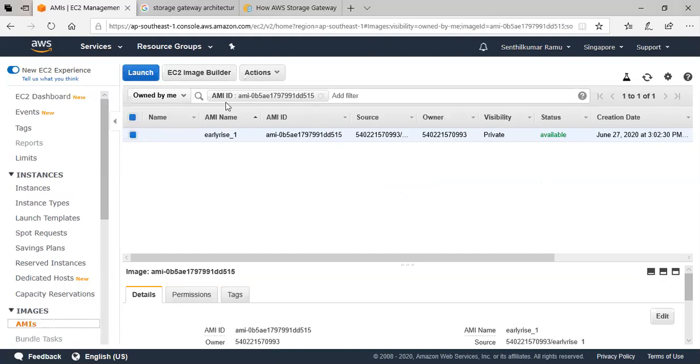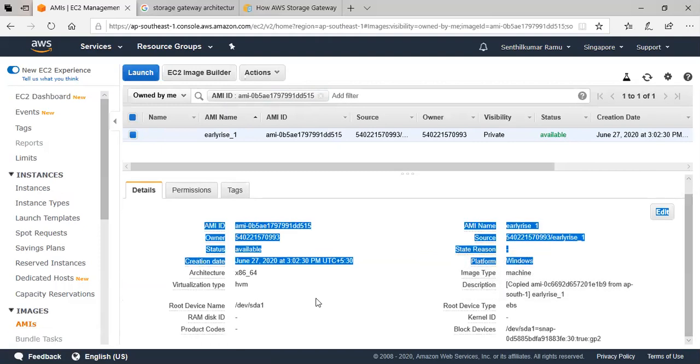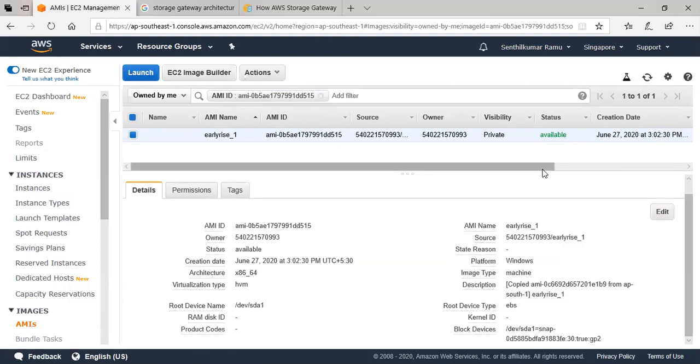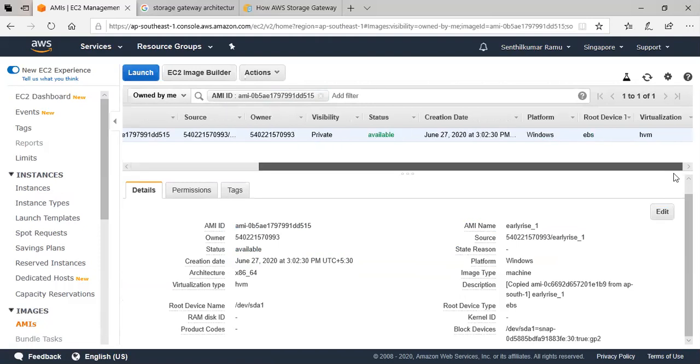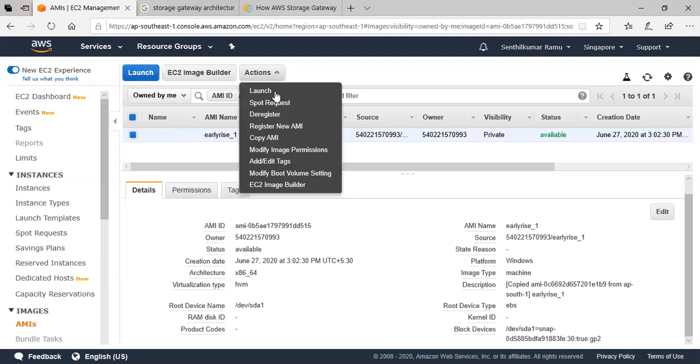It moved. What is the size of this storage? So this Windows server is copied here. And what I can do is simply select and launch. That's all. Then it is up and running here. Got it, guys?